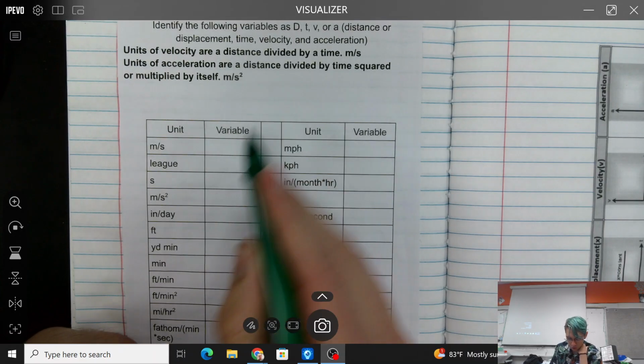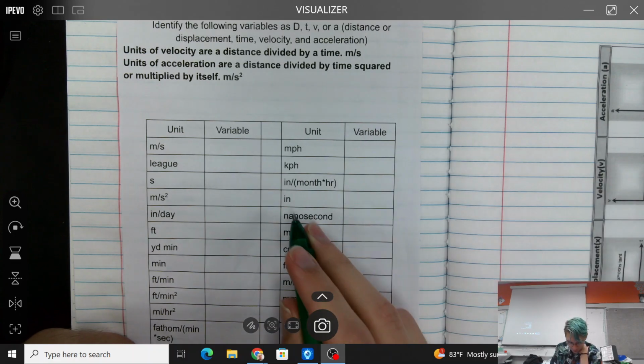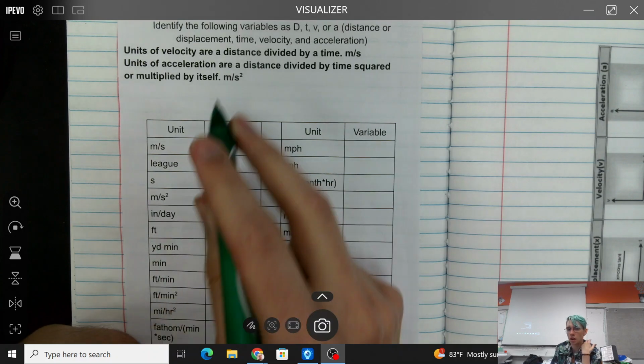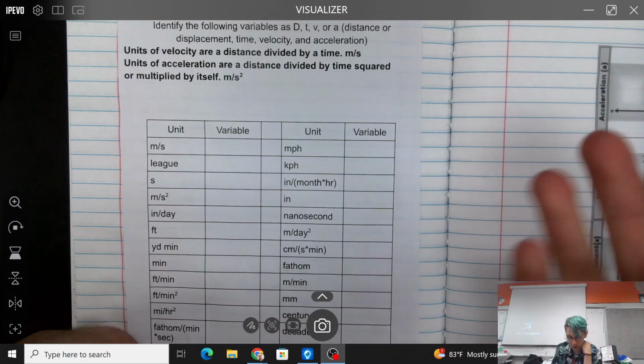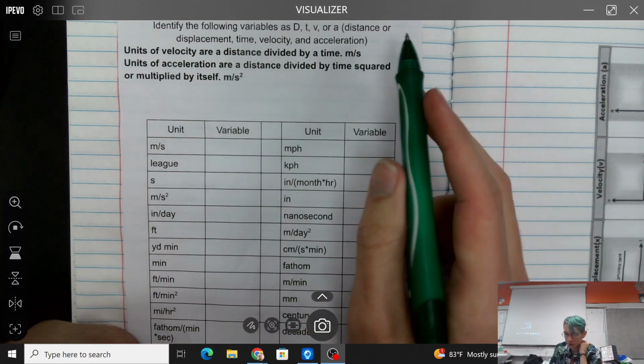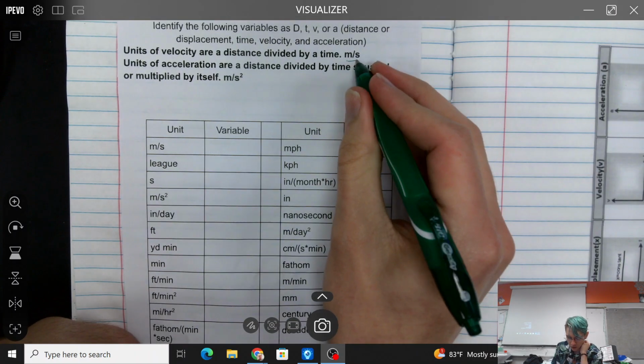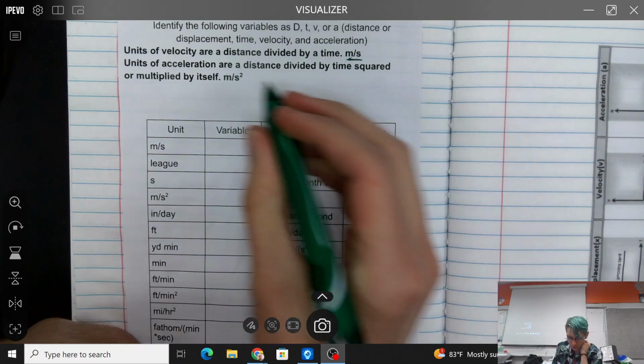Distance is going to just be one unit by itself. So think inches, think feet. Time is a unit of minutes, hours, and that makes sense as well. Let's talk about velocity and acceleration. That's where most of us get messed up. So velocity is going to be something like meters per second, and then